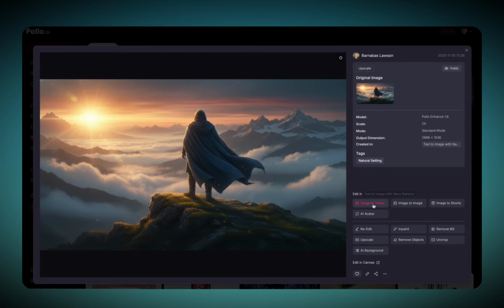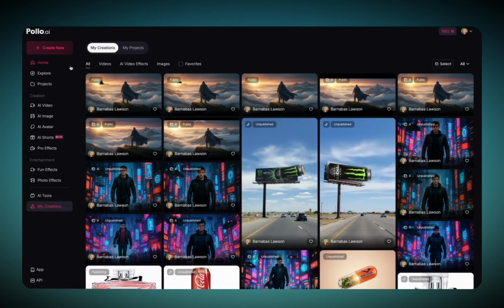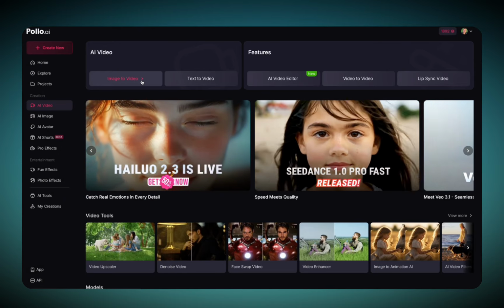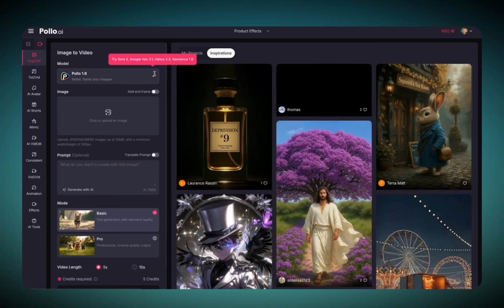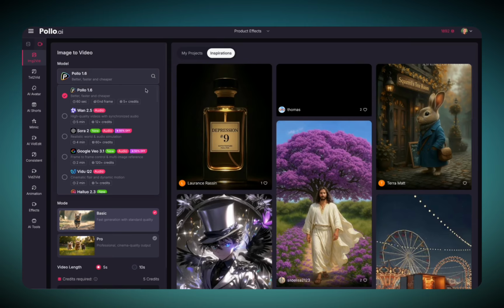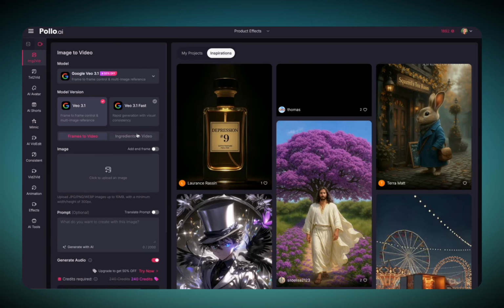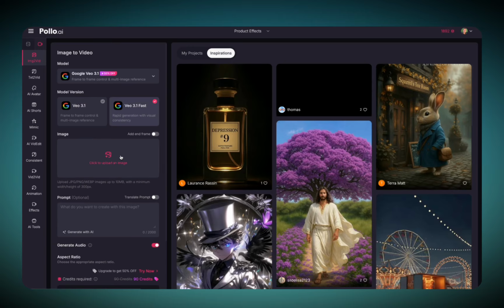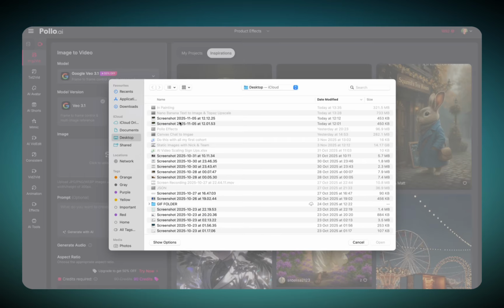We can do this image to video over here, or we can go over to the left panel and import the image from the desktop where it's been downloaded, image to video up here. And now we're going to choose our video model, and the video model we're going to use is Google VEO 3.1 Fast. So just select the file here from the downloads, which is the image of the warrior standing on